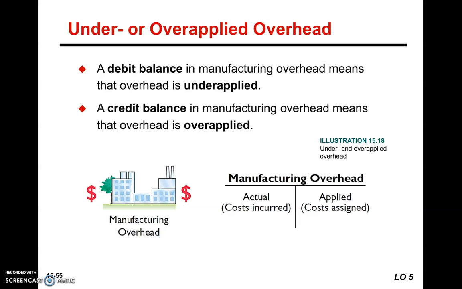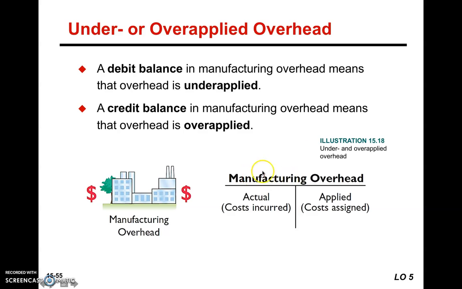In this session, I'm going to go over the concept of under or over applied overhead. Remember, manufacturing overhead is one of the three costs of manufacturing for a product. And manufacturing overhead are costs that are related to factory but are not direct material or direct labor. So anything related to factories, such as factory repairs, factory utilities, factory insurance, factory rent, all those are considered manufacturing